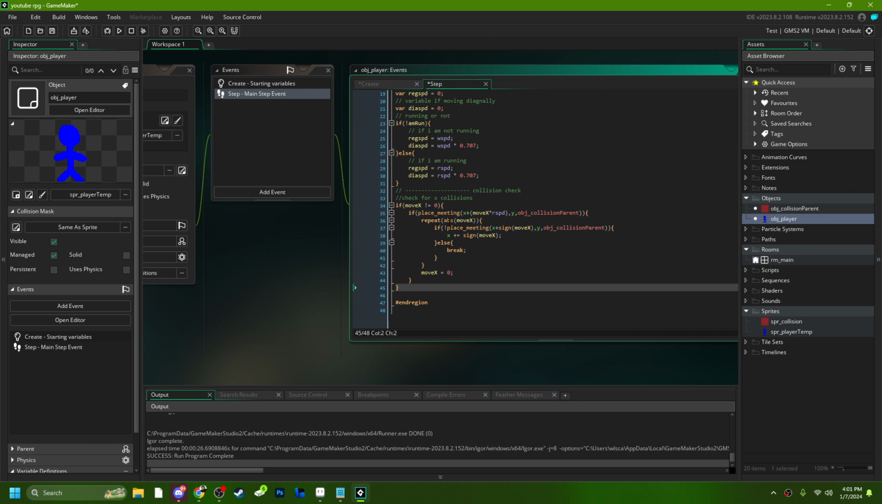So we're going to place, if not place meeting of the x plus sign of move x, right? So if not meeting, let's say it's checking for 10, right? It's going to return 1. Sign will always equal 1 or -1. So it is going to equal 1, -1. It's going to check for both. Okay? So if not, our sign of move x, so let's say, whatever, becomes 10, there is a colliding, check